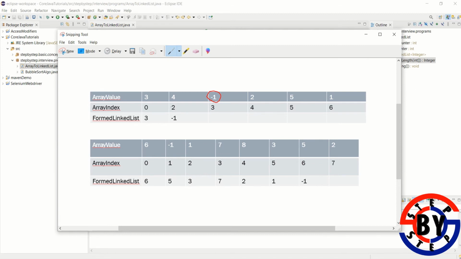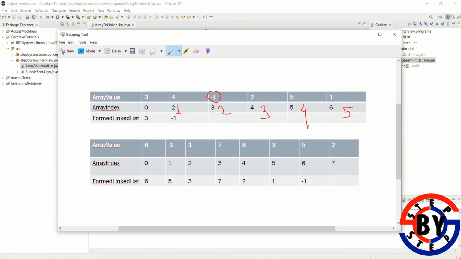Right, because my array index got messed up. See, it should be 1 actually, and then this should be 2, and that should be 3, this should be 4, and this should be 5. So that's my bad. Sorry, I just missed one index, but the code hasn't missed. So that's how this will be going.